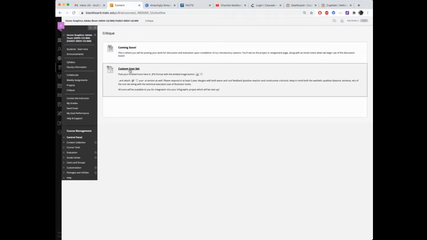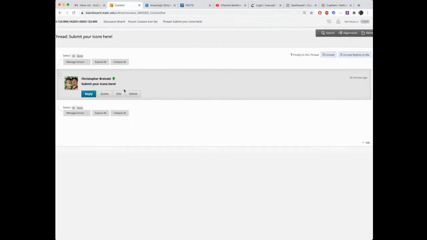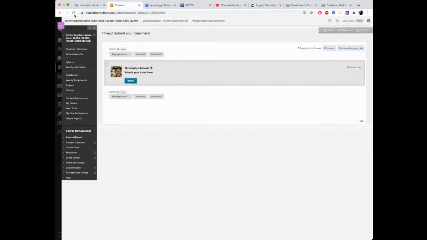here it says this custom icon set. This is where I want you to post your finished icons as a JPEG. So if you use this little embed button, that'll allow you to embed the image so that when I click on your post, I can see it. And then use this little paperclip icon to attach an Illustrator version as well. So here's where, I have a thread and you can either reply to this or go back,